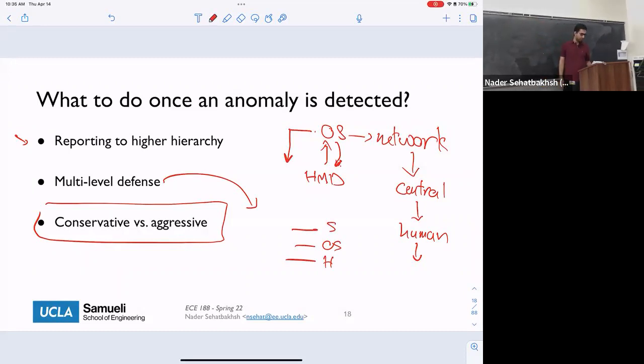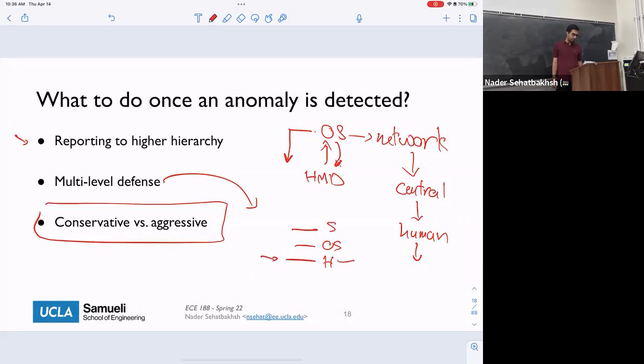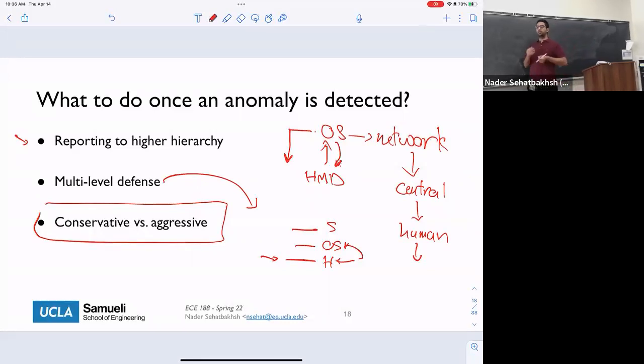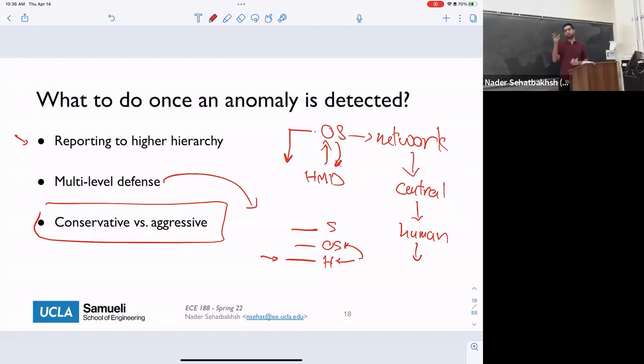What it does is, for example, if this is your lowest level malware detector and it sees the malware, then it reports it to the higher level malware detector, the operating system. Then maybe the operating system does a little bit more tasks on it. If it also sees the malware, then it sends it to the higher level and higher level. This way, the chances that they can actually detect malware with high accuracy become much higher.